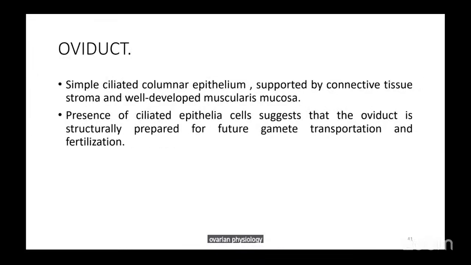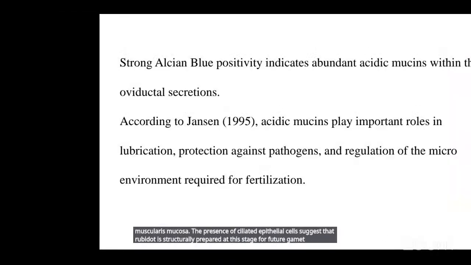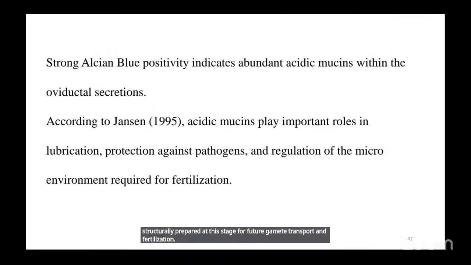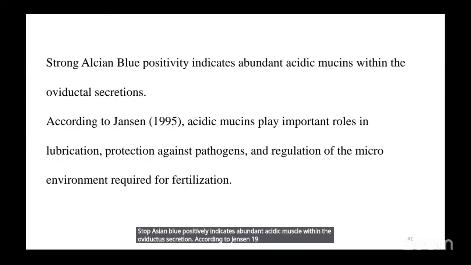The simple ciliated columnar epithelium was observed at the level of the oviduct, supported by connective tissue stroma and a well-developed muscularis mucosa. The presence of ciliated epithelial cells suggests that the oviduct is structurally prepared at this stage for future gamete transport and fertilization. Strong Alcian blue positivity indicates abundant acidic mucin within the oviductal secretion. According to Jensen 1995, acidic mucin plays an important role in lubrication, protection against pathogens, and regulation of the microenvironment required for